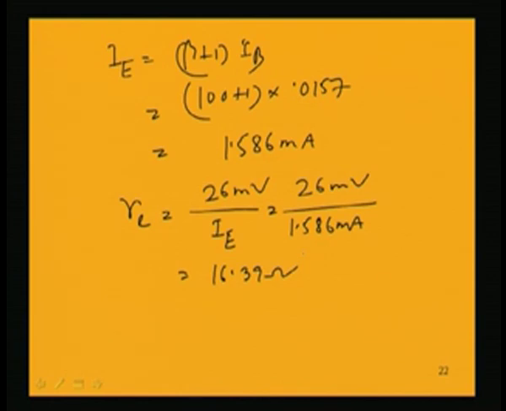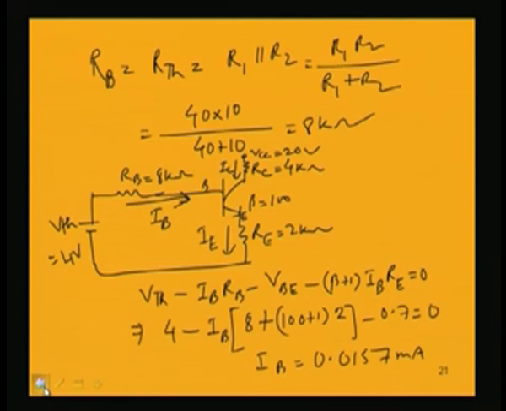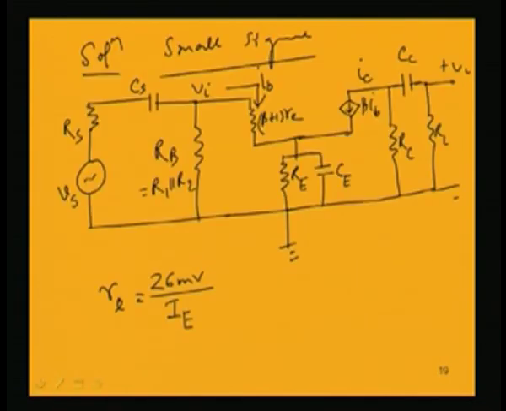Now, if we know this, we can find out all other required things in the small signal model, because in the small signal model, if we see here, this was the only unknown, others we have found out. So, now in order to know the lower cutoff frequencies, we have to first find out the input resistance Rin, because input resistance Rin, looking into the circuit from the input terminals, what will be the input resistance? RB parallel beta plus 1 re, because in the mid band region,